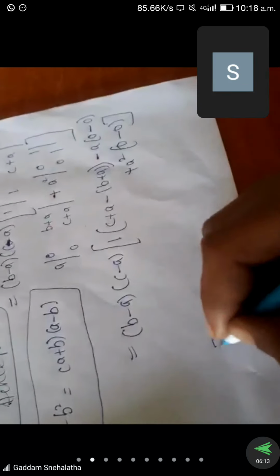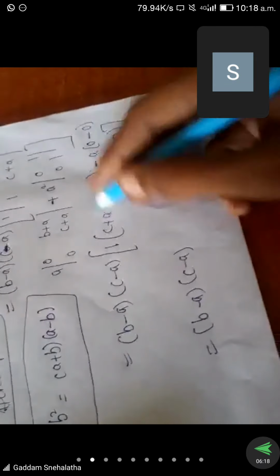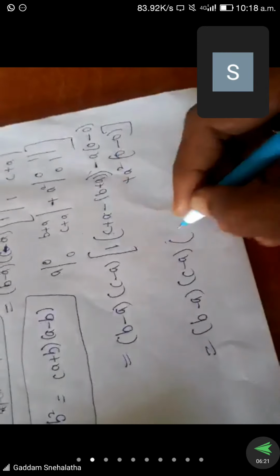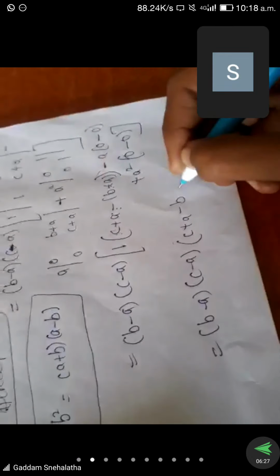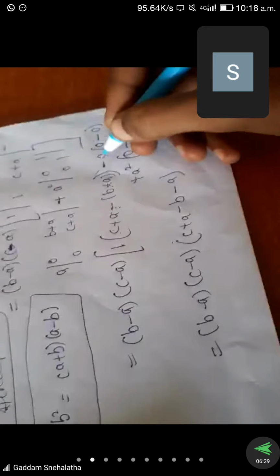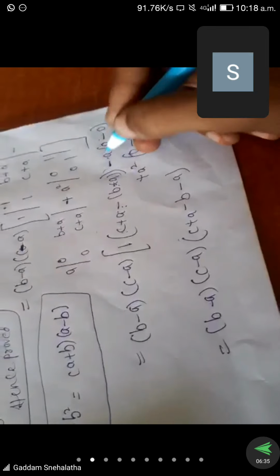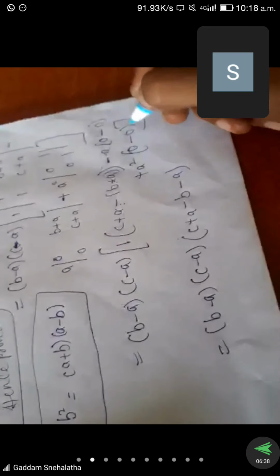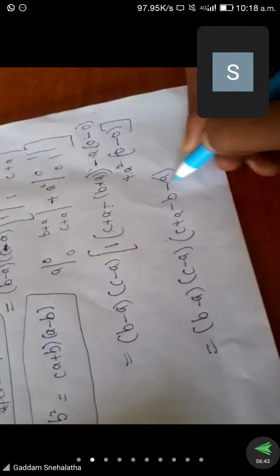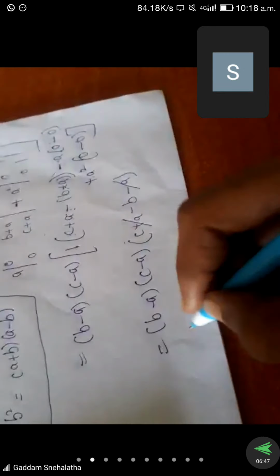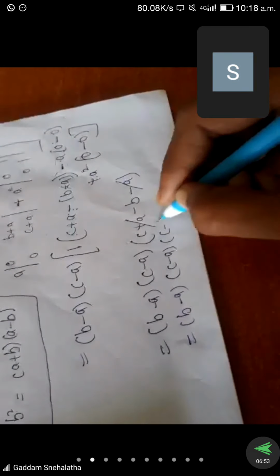So it is equal to B minus A into C minus A. So 1 into this term we get this term only, so no need to consider here. C plus A minus into B is minus B. So plus into minus, minus A. So 0 into A is 0. So 0 into 0 minus 0 is 0. 0 into A is 0. So this term we can't take. So 0 minus 0 is 0. So 0 into A square is also 0. So remaining we have this. So minus A plus A is cancel. So remaining I have B minus A, C minus A, C minus B.